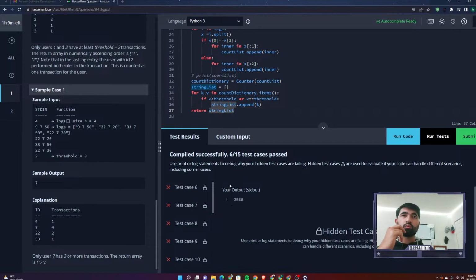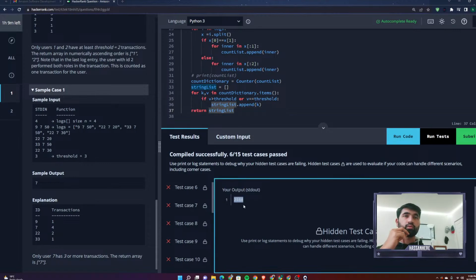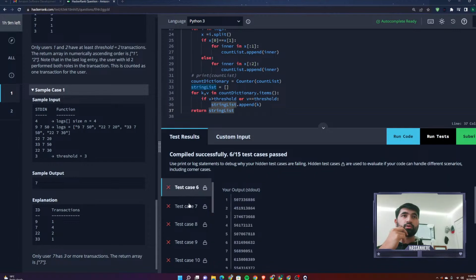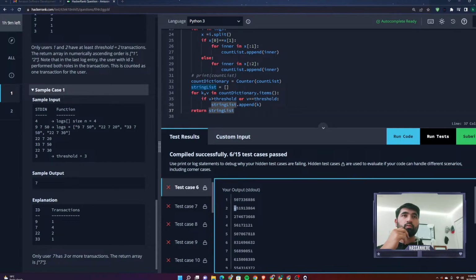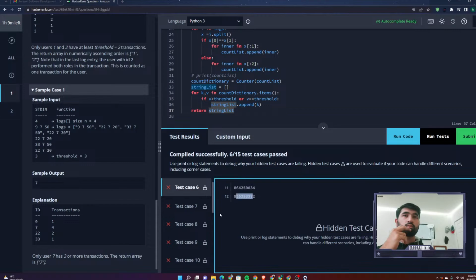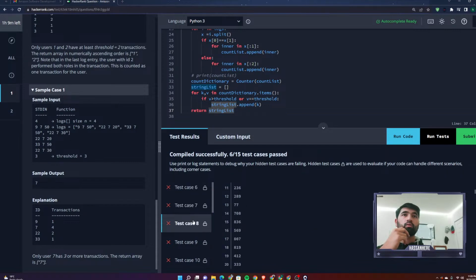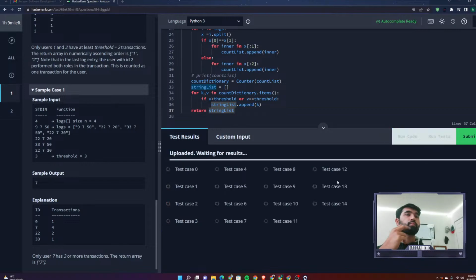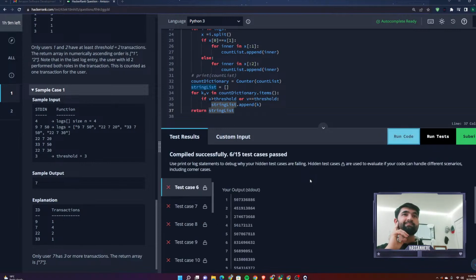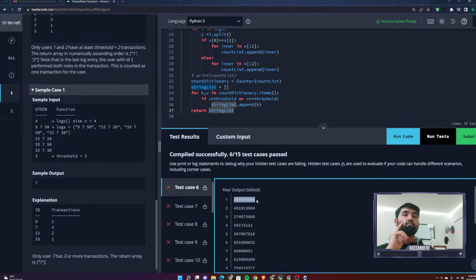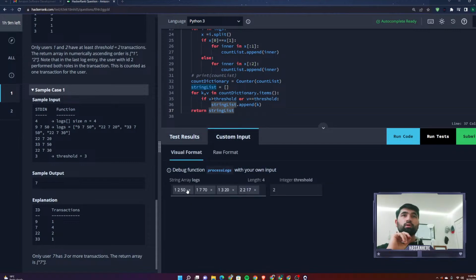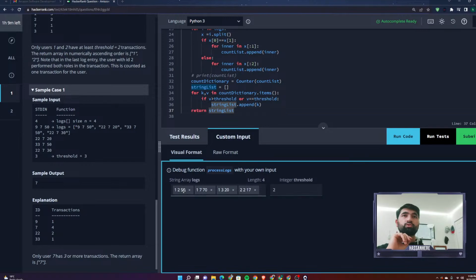Okay, string list, why is it giving us this output? This shouldn't be the right custom input. Let's just try with 2 to 17. Okay, let's just try with